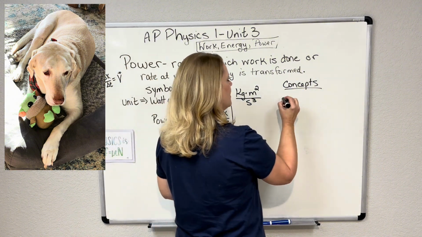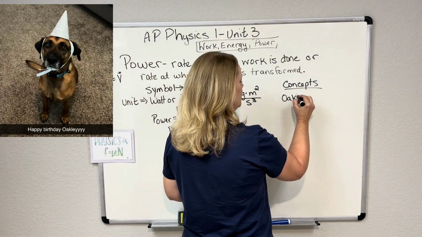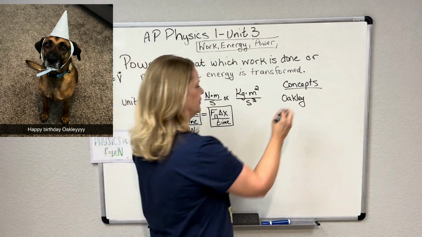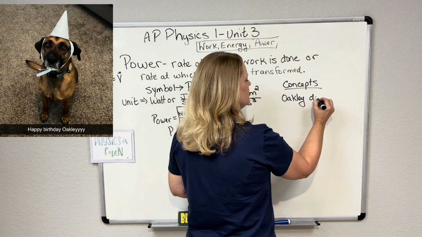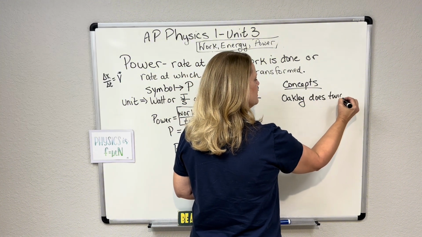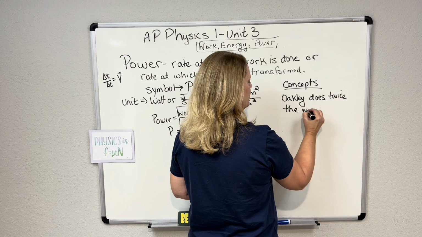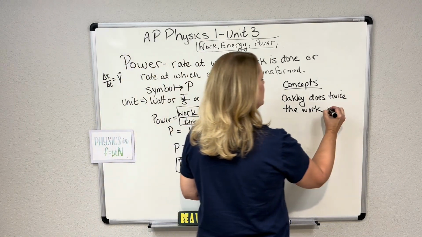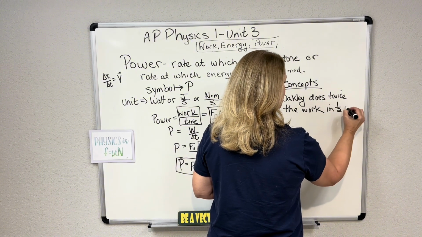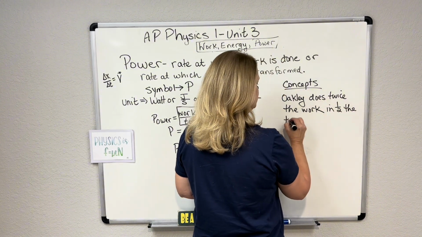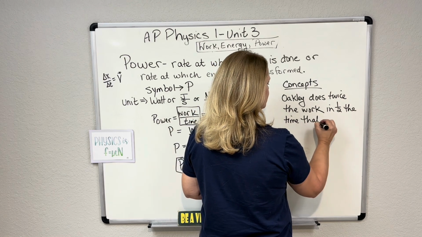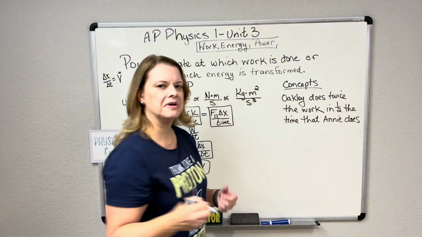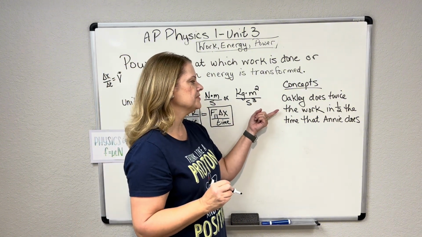The first one is that I'm going to use Oakley. Oakley is my daughter's dog who is very active and loves to run in the woods around here. But Oakley does twice the work. Maybe she's running and powering through the woods, but she does twice the work in half the time that Annie, our dog, does. Maybe they're running upstairs, maybe they're running through the woods, but Oakley's doing twice the work in half the